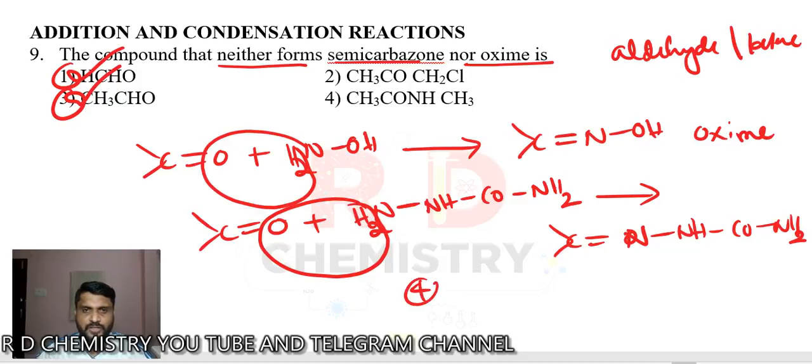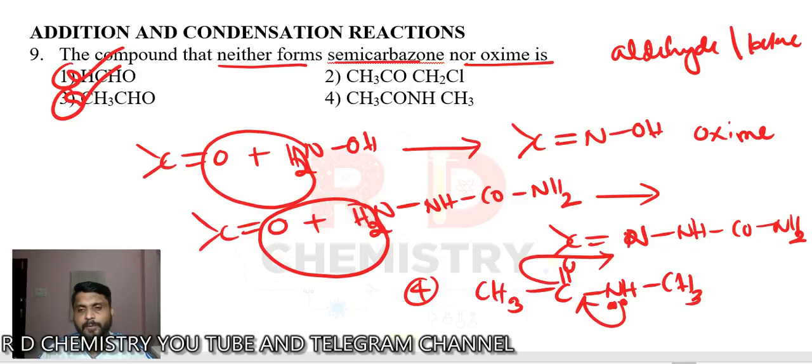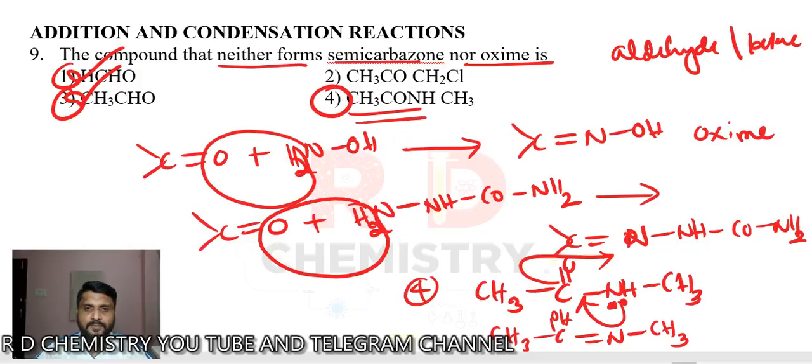Now see the fourth structure, CH3 C double bond O NH and CH3. If you see the structure properly, nitrogen has a lone pair of electrons. It is involved in resonance with the C double bond O. So what will happen now? It becomes CH3 C(OH) double bond N. Okay, and CH3 becomes... So it loses its carbonyl carbon which should have been there for the aldehyde or ketone. So the fourth option is the answer. Whereas here CH3COCH2Cl, the Cl does not affect the CO group because it is far away from the CO group. Right? So option number D is the answer.